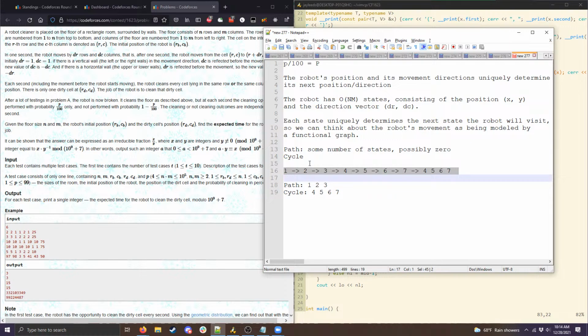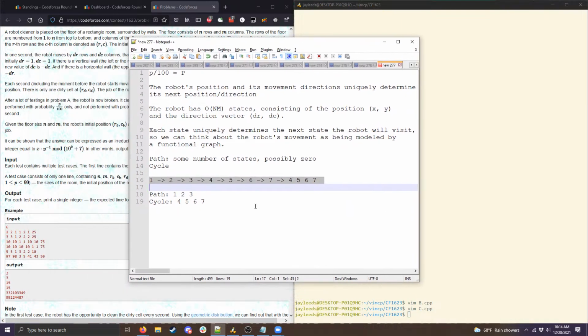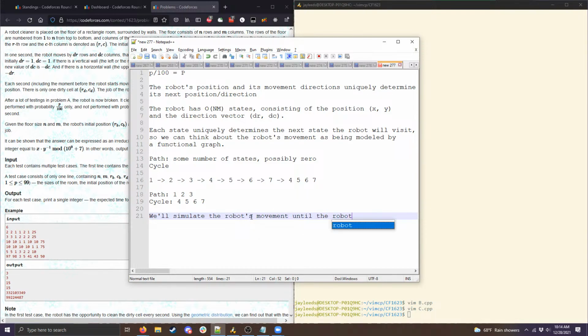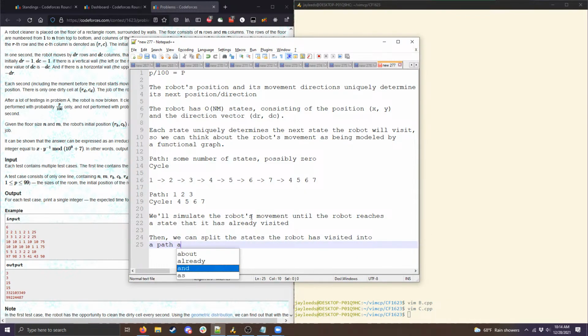And so to start, what we're going to do is compute the path and the cycle for the functional graph in this problem. So we'll simulate the robot's movement again until the robot reaches a state that it has already visited. Then we can split the states the robot has visited into a path and a cycle, and we can determine which states could potentially